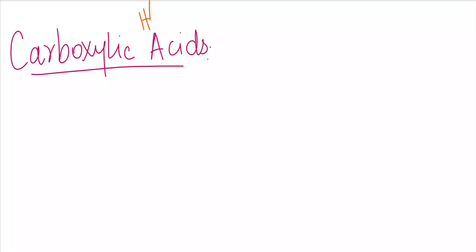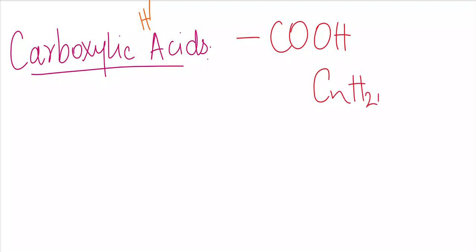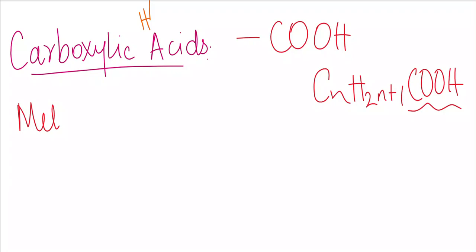The properties of these acids are determined by the presence of a functional group, which is COOH. So this is the functional group present in it, and the carboxylic acids have a general formula which is just like the alcohols, but the difference is that in the end you write COOH. In the alcohols we put OH, the hydroxyl group, at the end, but in this you have to put COOH. So the first member of this series is methanoic acid,